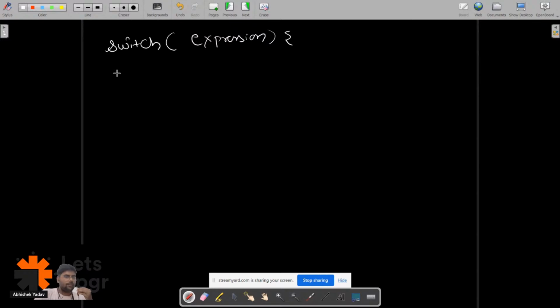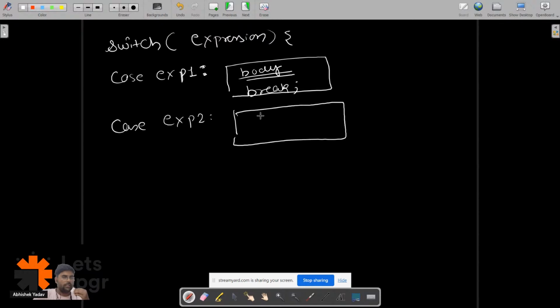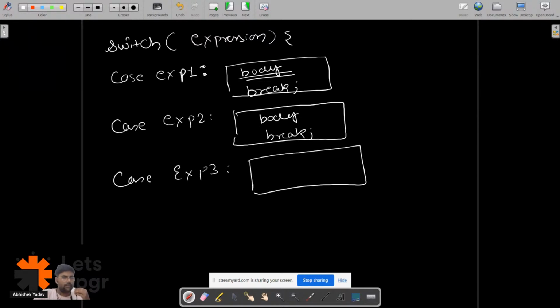Okay. And after that I have multiple cases, that is case expression one. You have to use this one and you have to write the body. Okay, you have to write some code here, and after that you have the break keyword. Okay, after that you have case expression 2, again you have the body and you have the break keyword, right? Case expression 3, you have the body and you have the break keyword here,